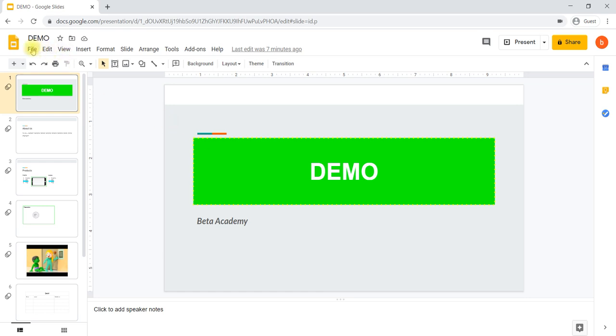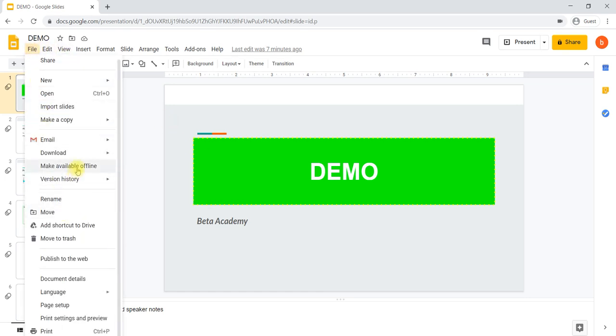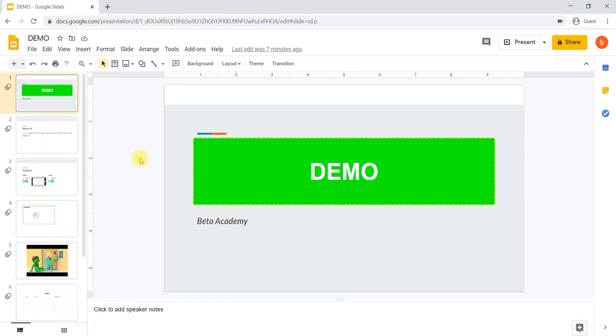If you have selected make available offline, then only can you access this particular presentation without internet connectivity. But changes and modifications will not be saved. If you are offline, modifications will not be saved in your Google Drive. Okay, this is about Google Slides.